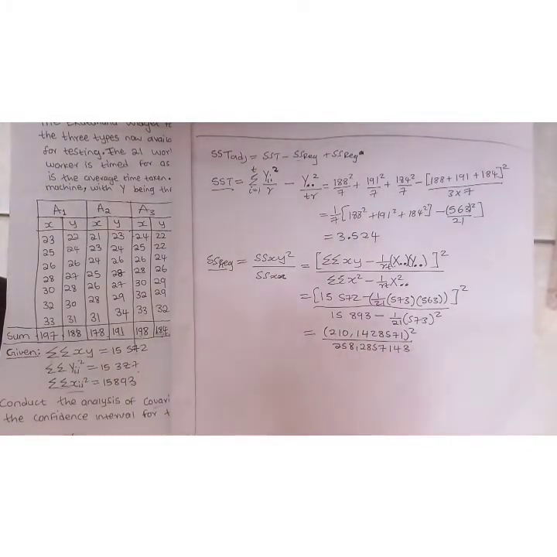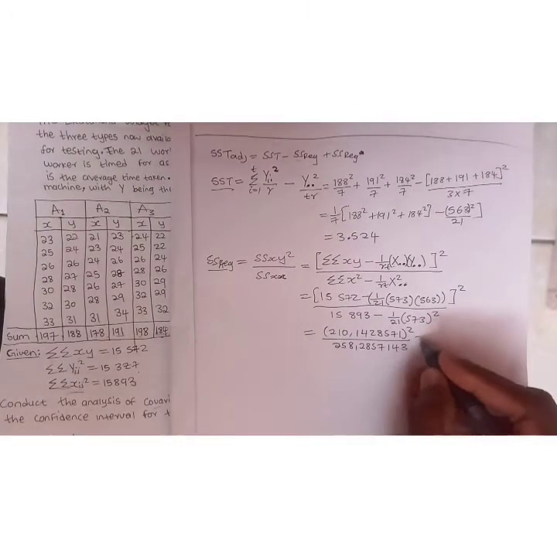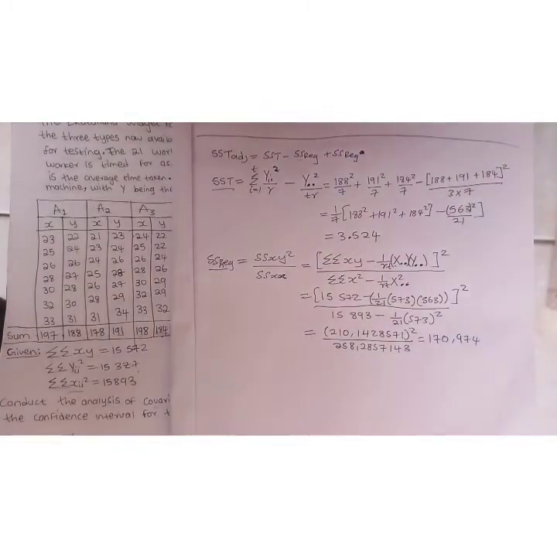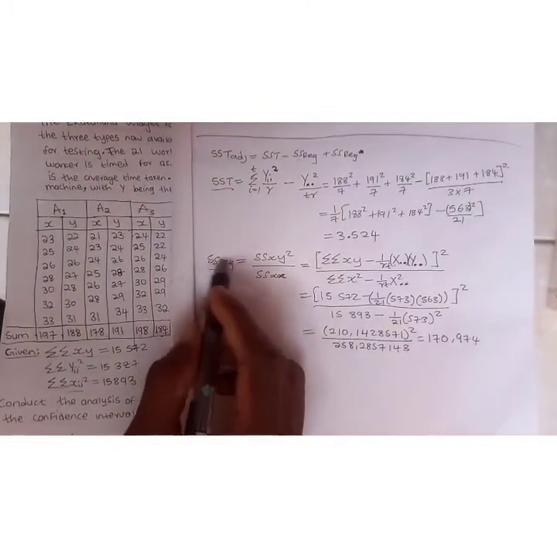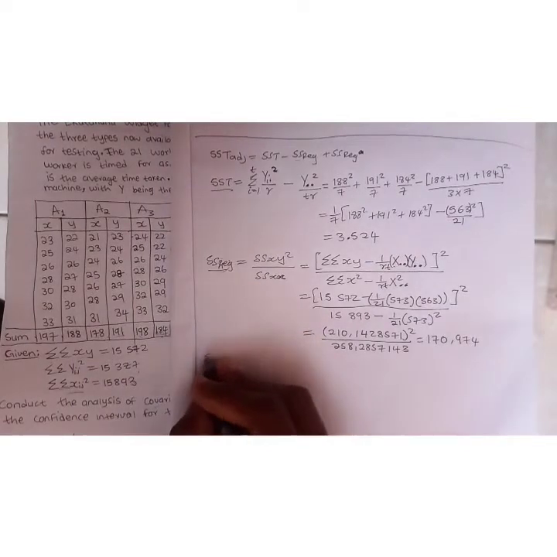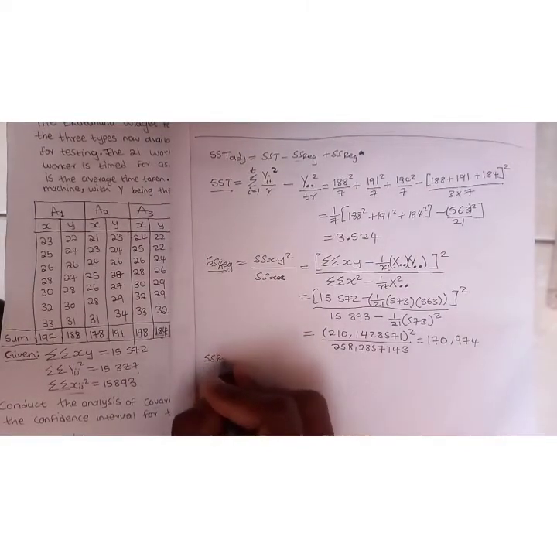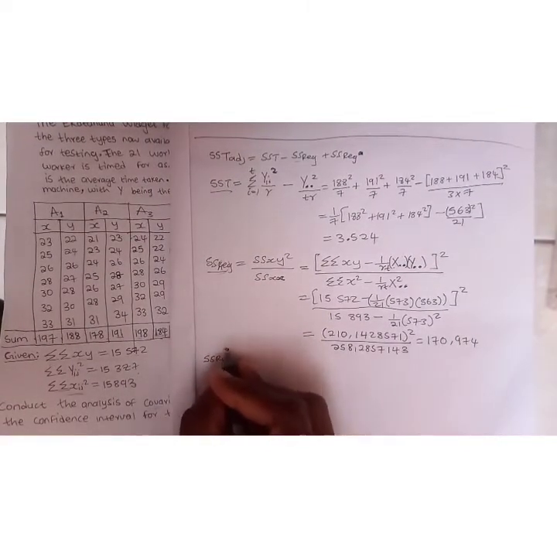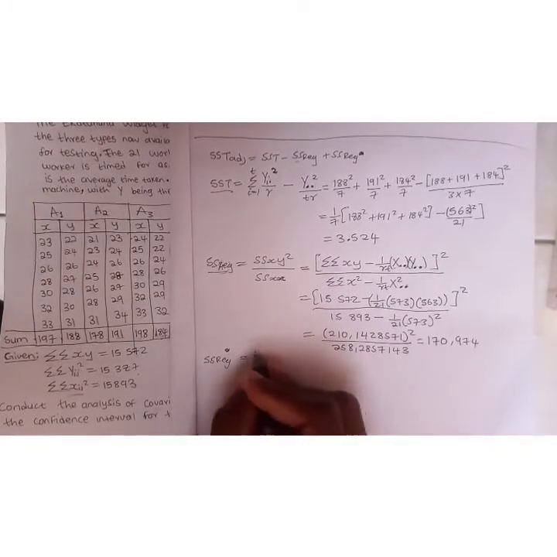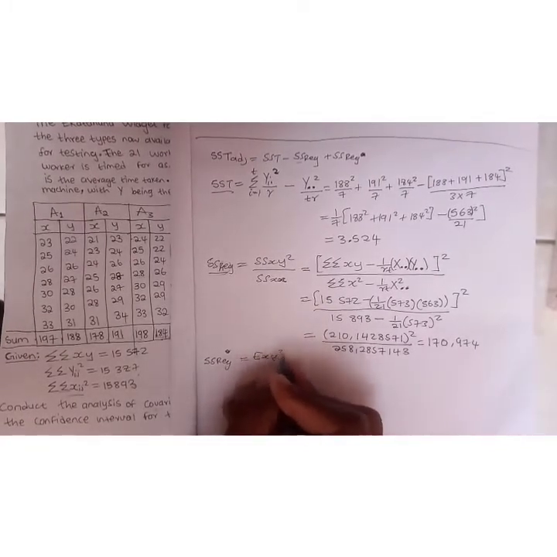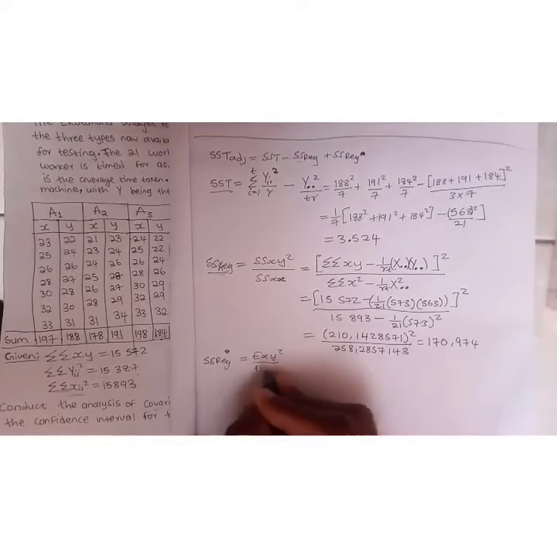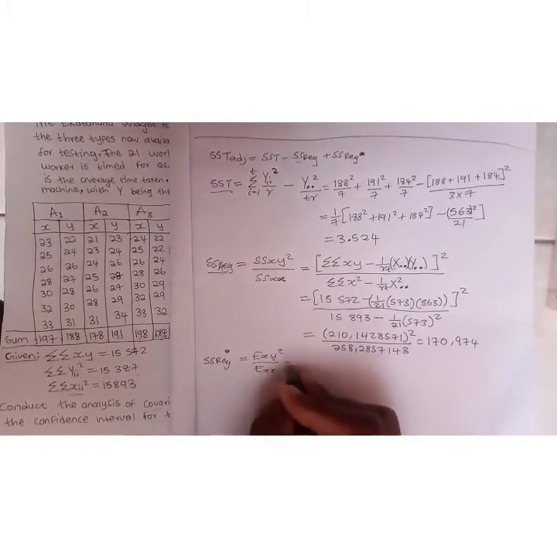So the reason I didn't round it off, I don't tamper with my answer, then is equal to, I'm getting 170.974. That's my SS reg. So let's now find my SS reg adjusted, which you know carefully, it's EXY all squared divided by EXX, which is the same as